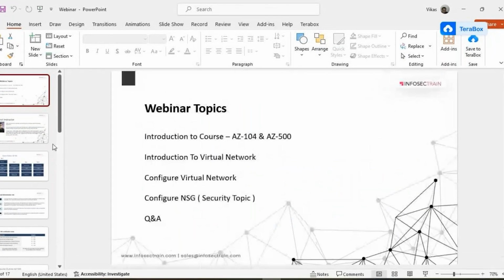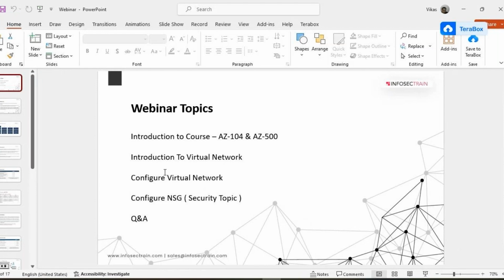So to begin with, as I said, we'll talk about the introduction to the courses AZ104 and AZ500, the prerequisites, and what topics we have, as overall information about the course. Then we'll take two important technical topics. One is introduction to the virtual network and how to configure it, from the AZ104 content. Then I'll talk about configuring NSG, network security group, which is part of the AZ500 security course. And last, I will take your queries. So let's start with